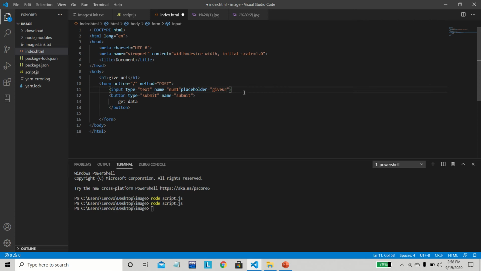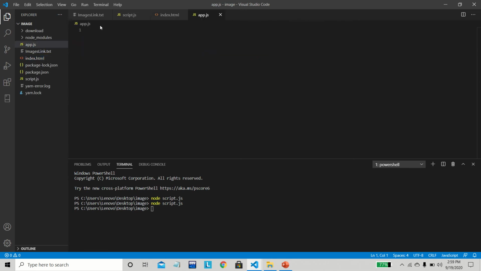Okay, so this is our basic form. But the problem again is that we are working in Node.js, so it's totally dependent on JavaScript. It will not run the HTML code. So for that, the systematic way, used by senior developers, is to use an Express app. Okay, so we are going to create an Express app. I'm naming it the app.js file, and we are going to use Express. So I am going to declare express, which will require express.